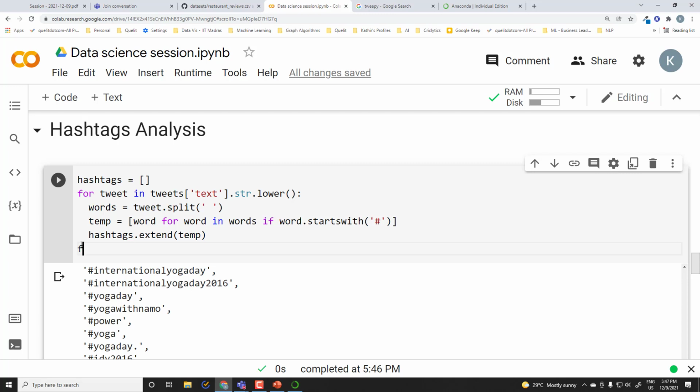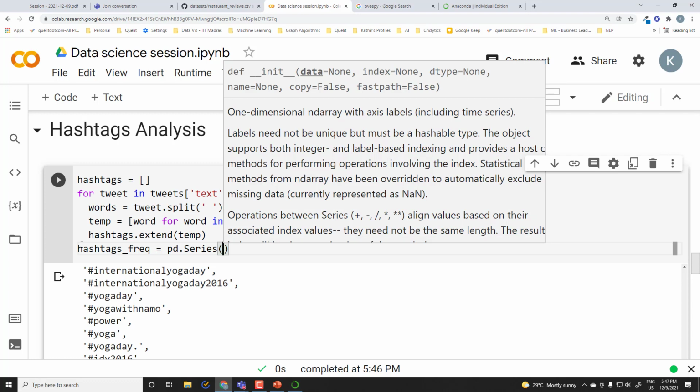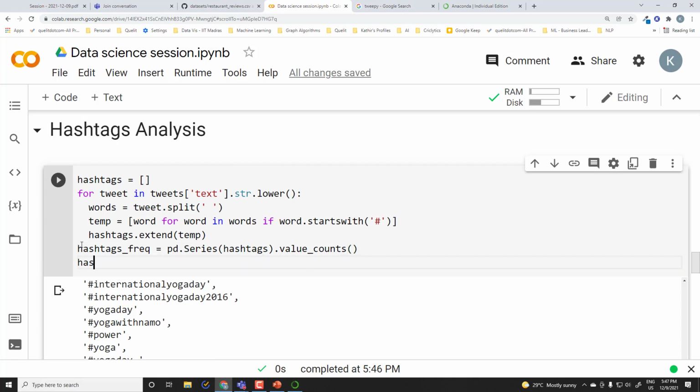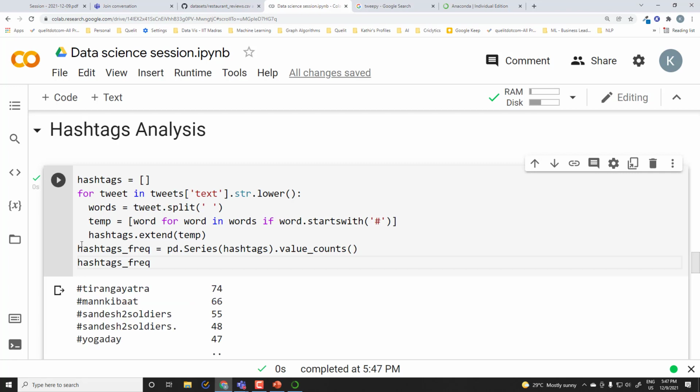So what I'm going to do is identify the frequency of each of these hashtags. I will convert it into a series, pass it on, and use a frequency function called value counts, which will identify all unique hashtags along with the frequency, and then list down the top 10 or 20 hashtags that we have.